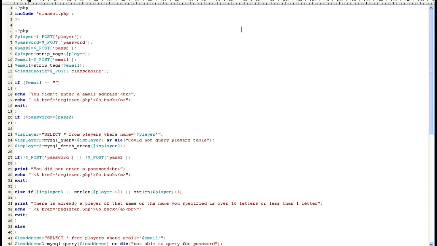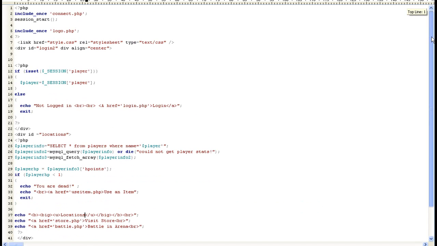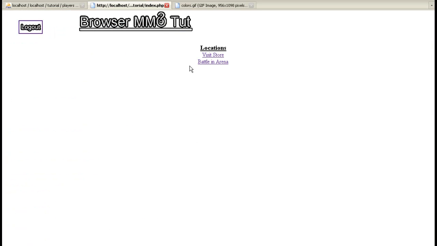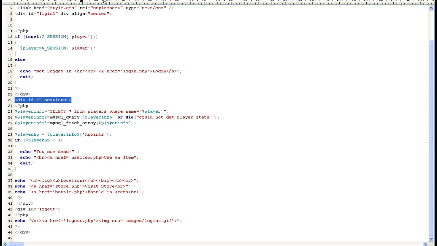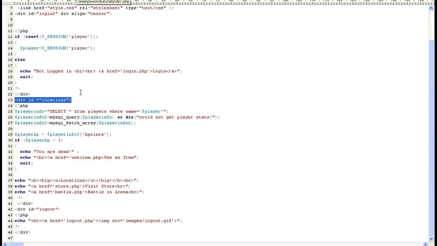it a little better. The first thing I did is I created a new page called index.php, and I kept a lot of this the same. The only thing I added is a new div ID called locations, and all it's doing is giving us the location of this right here, so it's not sticking over on the side of the screen, and we can move it at any time. I went into style.css and added a new div tag called locations, and just put the top and the left in there. If we go back to index,